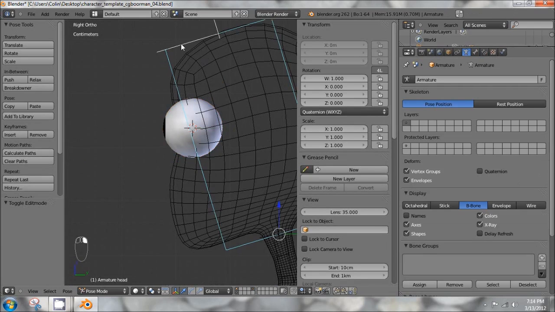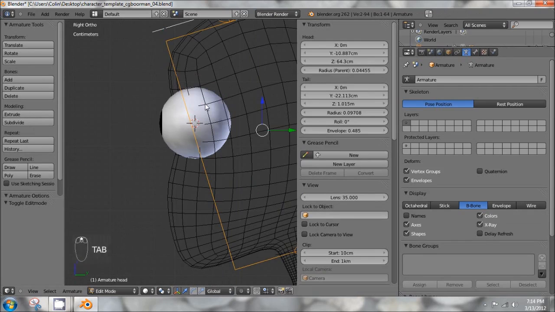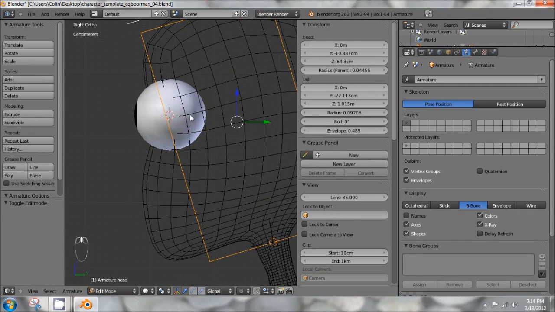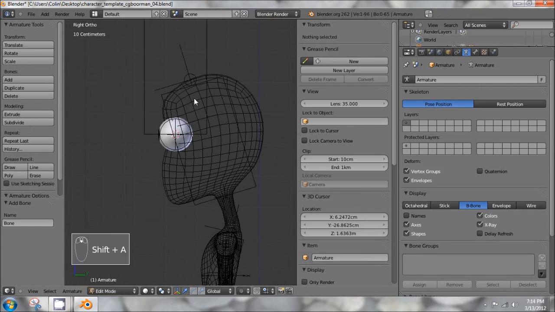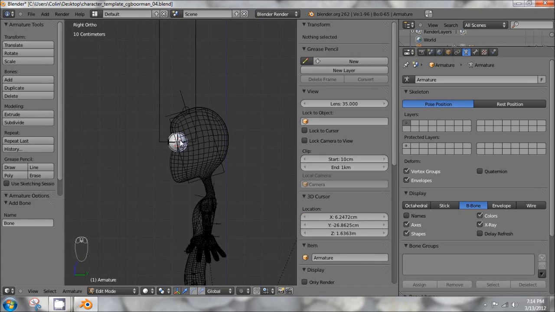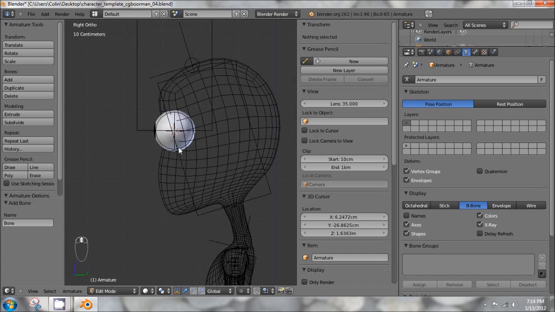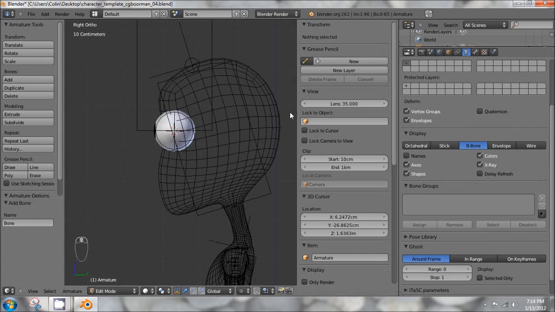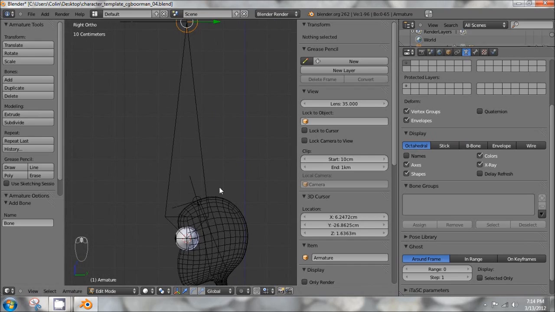So I'm going to select the armature, or one of the bones in the armature, and then I'll press Tab to go into edit mode, and I'll press Shift A to add a new bone to that armature, and it adds the base of that bone to the middle of the eye. I'm going to change the display type of my armature from B-bone back to octahedral under the Object Data tab, and then the bones will look just like their default